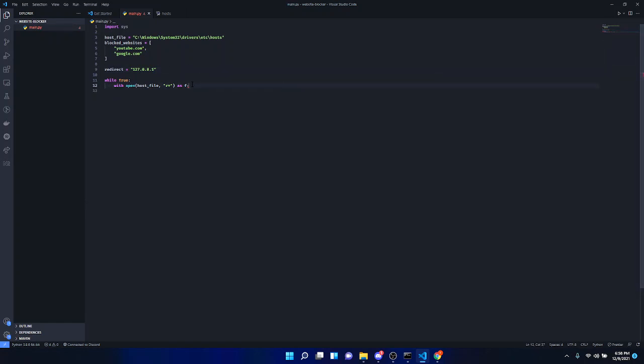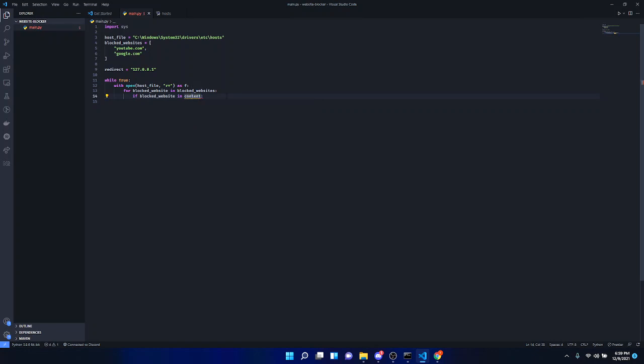And then after opening the file, we will look for the blocked website in blocked websites. Now, if the blocked website in question is in the content, it's already there.